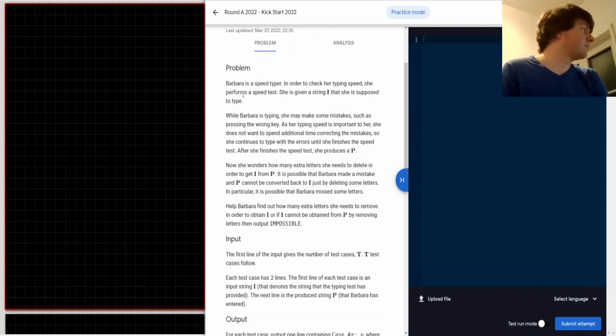What do we have? Okay, Barbara is a speed typer. In order to check her typing speed, she performs a speed test. She's given a string I that she is supposed to type. While Barbara is typing, she may make some mistakes, such as pressing the wrong key, which happens. As her typing speed is important to her, she does not want to spend additional time correcting the mistakes, so she continues to type with the errors until she finishes the speed test. After she finishes the speed test, she produces a P. What is a P? Now she wonders how many extra letters she needs to delete in order to get I